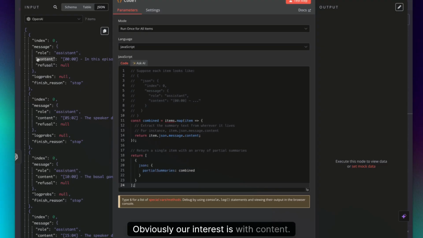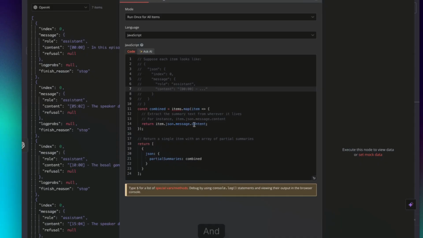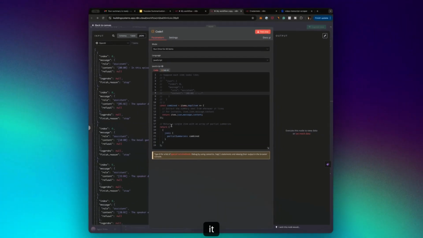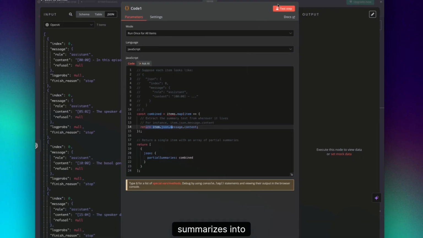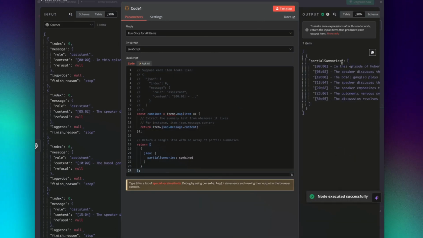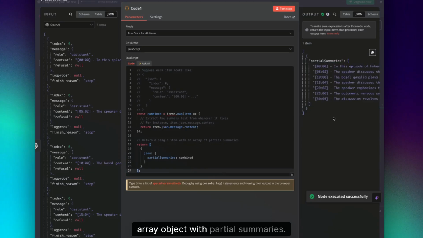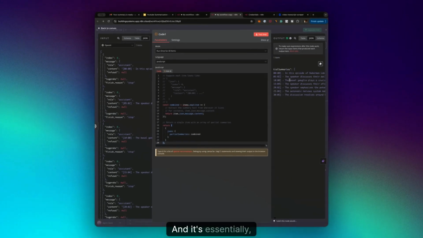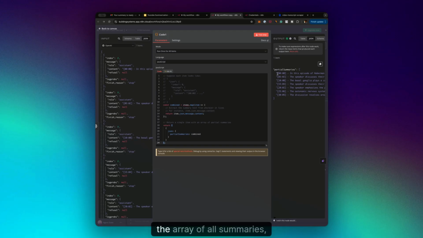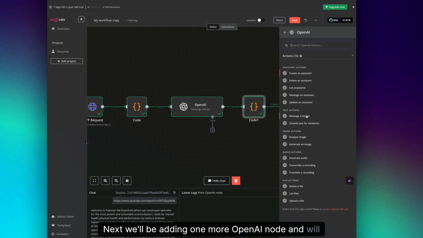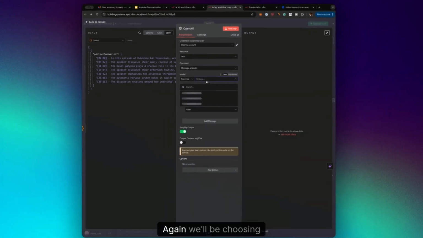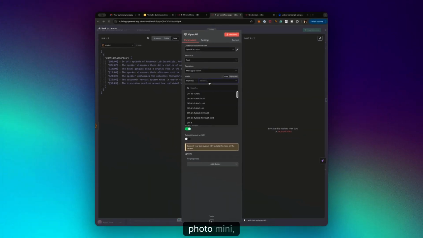Obviously, our interest is with content, and it's a very simple piece of code that essentially summarizes into one array object with partial summaries, and it's essentially the array of all summaries from each chunk. Next, we'll be adding one more OpenAI node, and it will be a messaging model. Again, we'll be choosing 4.0 mini,